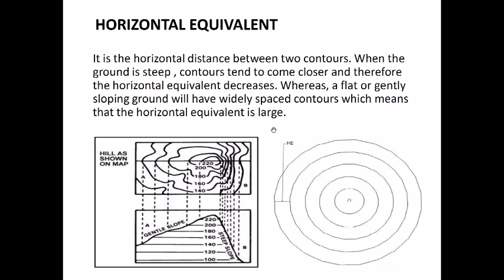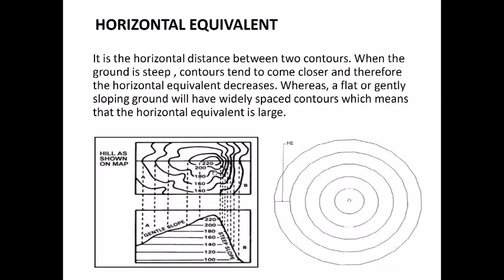the elevation does not change quickly, and you draw contours for a specific contour interval which is pre-decided. So that means if I am drawing a contour map for a contour interval of 10 meters and I drew one contour at 90 meters, then the 80 meters would be pretty far away because the land is pretty flat. Whereas if the land is sloping, that means after 90, 80 would come very quickly. So the distance between two consecutive contours decreases when the land is steeper, like in this case, and